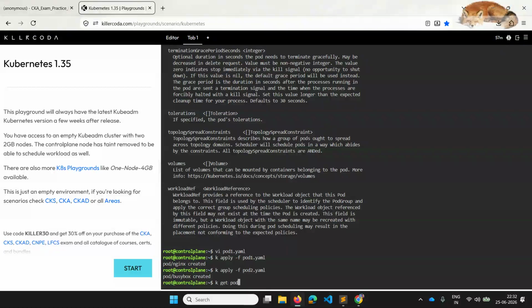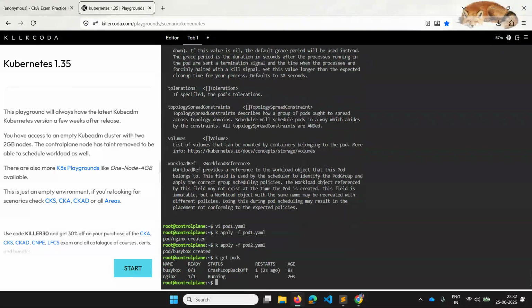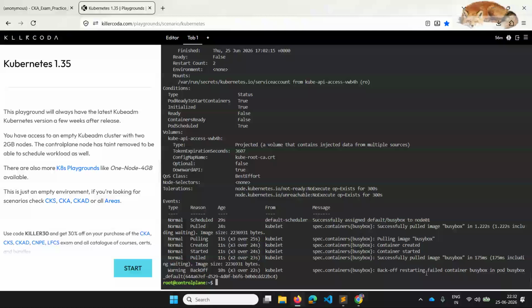So let me verify it using get pods. Of course, busybox is in CrashLoopBackOff. I just want to use a describe command. Describe busybox. Busybox successfully pulled and restarted its pod.